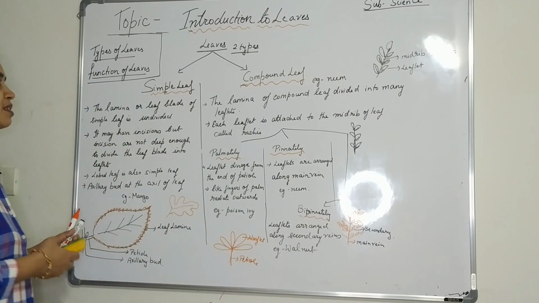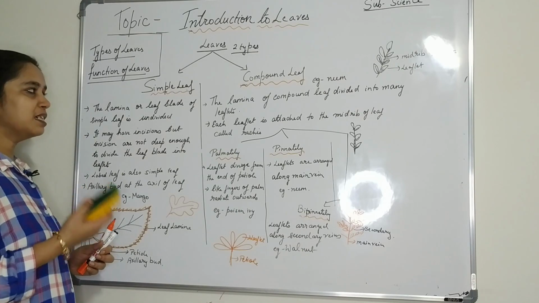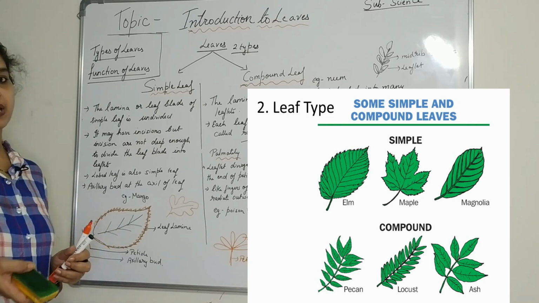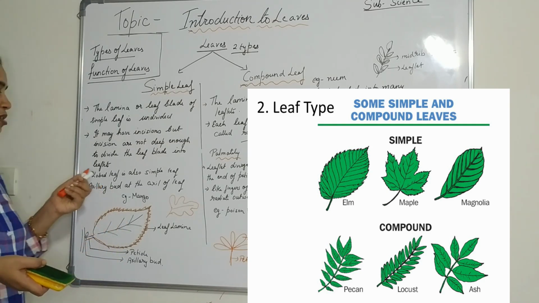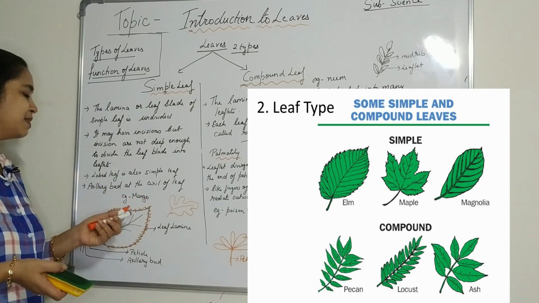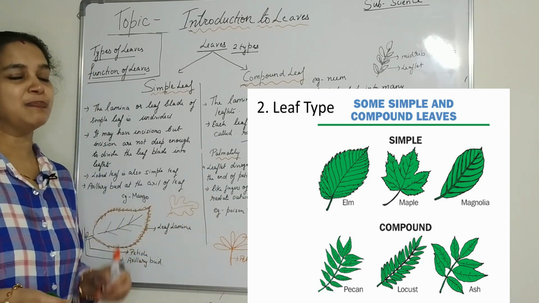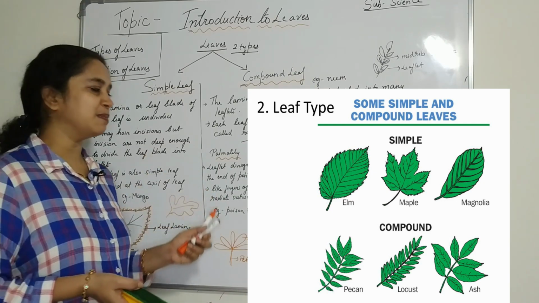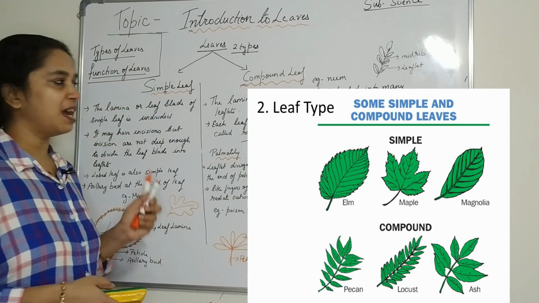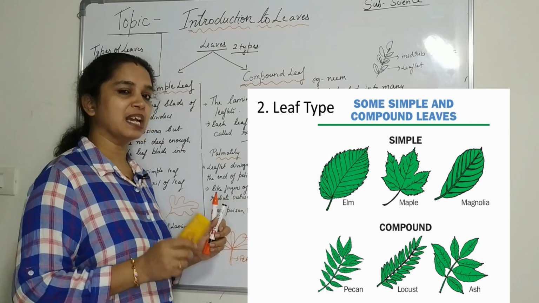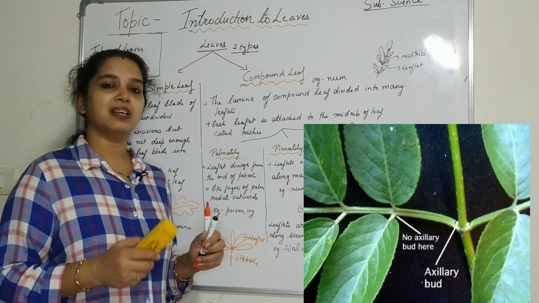We studied about the simple leaf and the compound leaf. A simple leaf consists of a single lamina, and the lamina is not divided either by incisions or by lobes, and here the axillary bud is present at the axil of the leaf. But in a compound leaf, the axillary bud is not present at the axil of the leaflet, but it is present at the axil of the compound leaf. I repeat, the axillary bud is present at the axil of the compound leaf, not at the